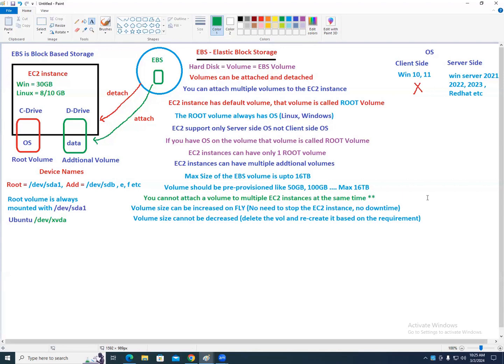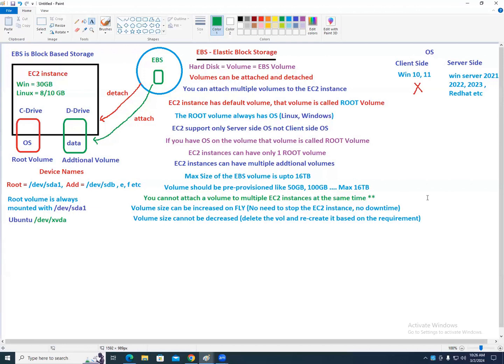Okay, another question here. Is it possible to detach additional volume while EC2 is running? Answer is yes, because that is a data, this is a D drive, no? It's additional volume, no? Anytime you can go and detach, but it's not recommended. Assume someone is logged in inside the machine and putting some data on the D drive, and in the backend you are going and plucking it off. He'll cry, no? Data may not be lost, but integrity issues will come. So is it recommended? No.